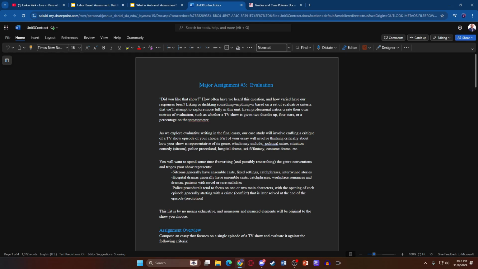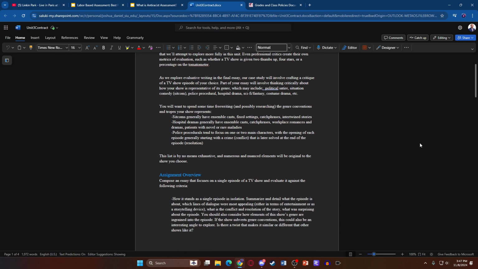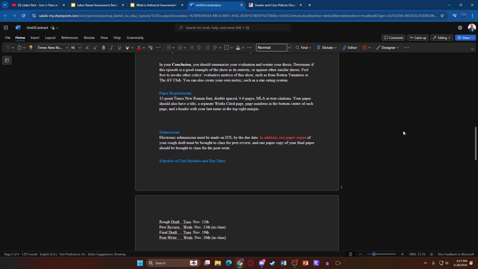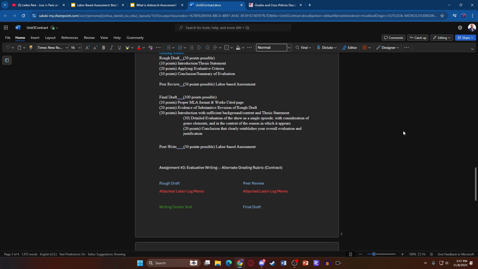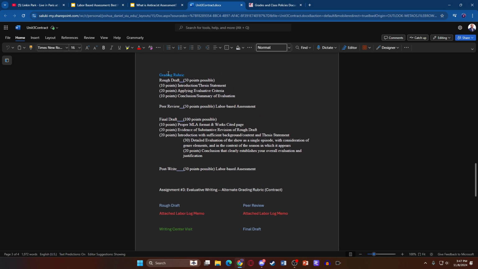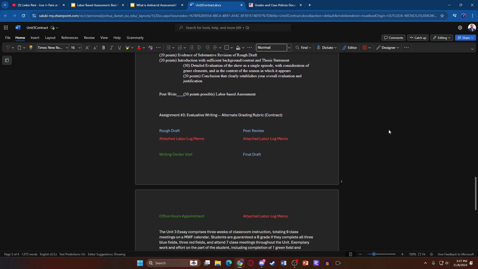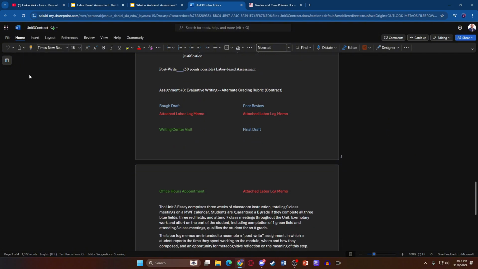So I wanted to show an example that I gave my students, and this is the evaluation essay prompts that I gave them. It's fairly standard with the overview and requirements, and then there's a grading rubric here that is a traditional metric that I showed them. It's all of the parts of the essay that need to be met to get X number of points. And then the alternative I gave them